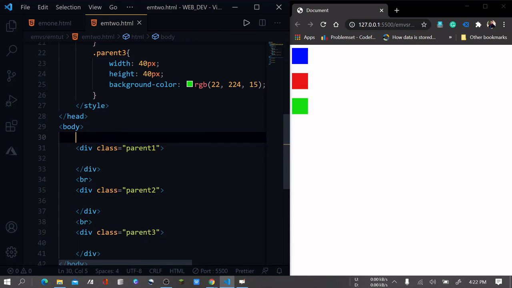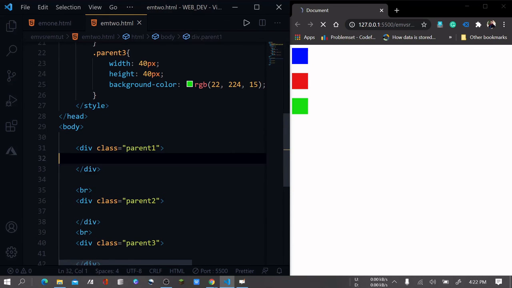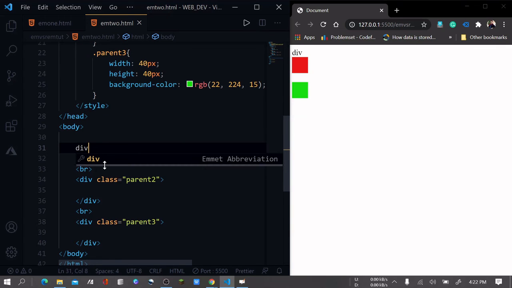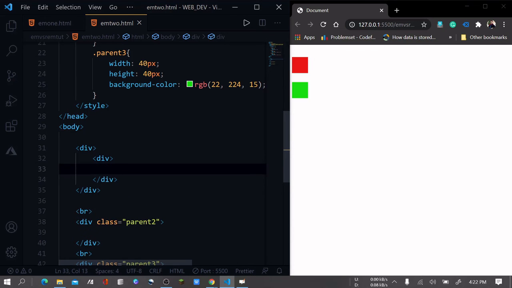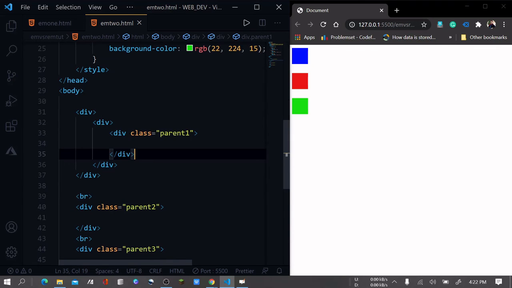Means if I put the division with class parent 1 inside two more divisions, div inside div, and inside this I put my third division, then if I set the font size of this one and also this one, and I set the width and height of this one to em, it will look at this one, not this one.